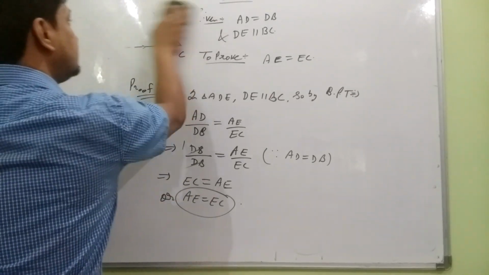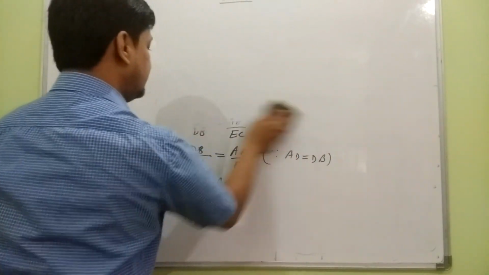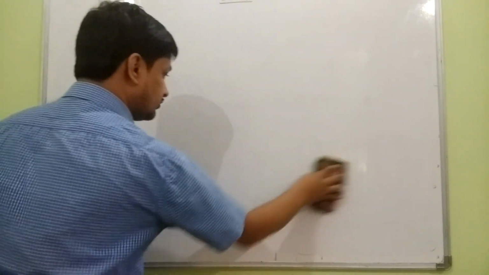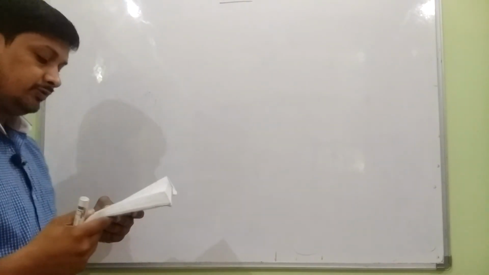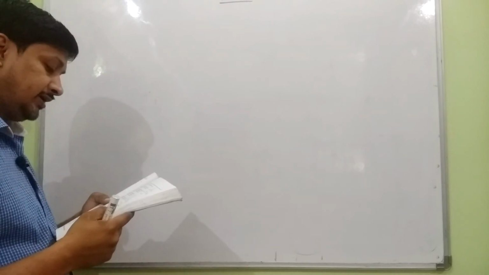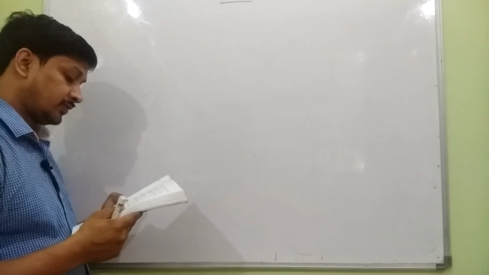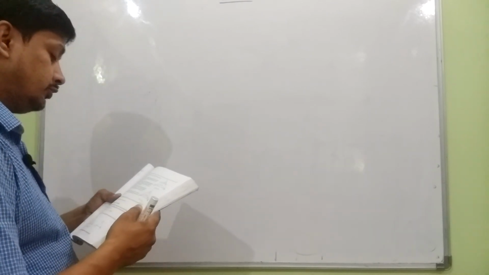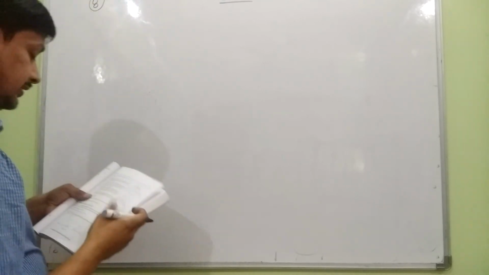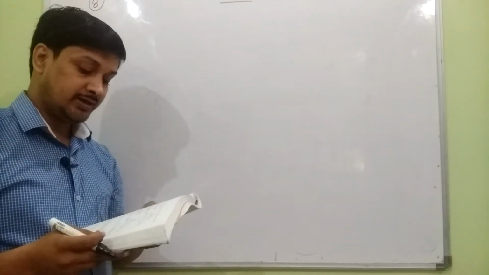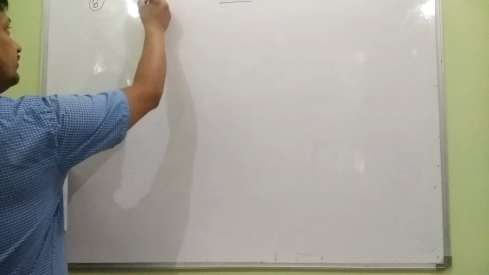Okay, after this we have question number 8, which is the converse of this question. Question number 8 is: prove that the line segment joining the midpoints of any two sides of a triangle is parallel to the third side, and it is to be proved using the converse of BPT. So this statement is the statement of the midpoint theorem of class 9. midpoint theorem का statement है ये. वो क्या बोल रहा है इस बार?